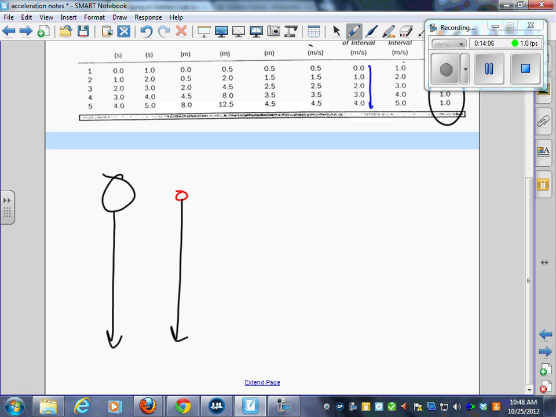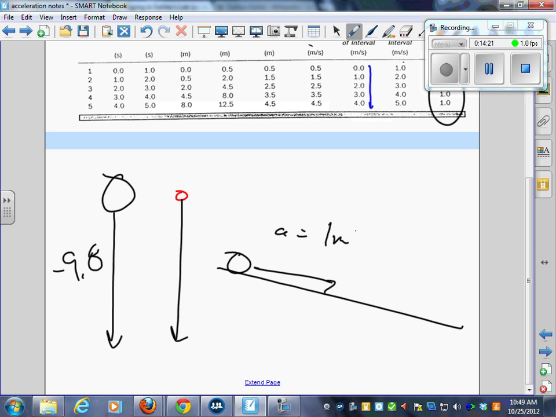So his idea was that if you would roll it down a ramp, what should gravity be? What's the number for gravity? Anybody know? 9.8, right? But when he did it down the ramp, he got an acceleration of 1 meter per second squared. But if he went at a steeper ramp, he could probably find an acceleration of 2 and 3 and 4.